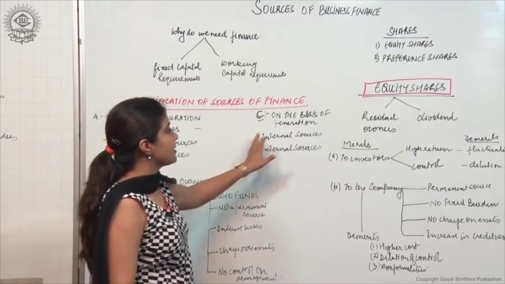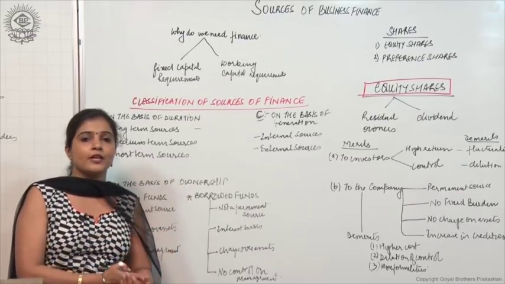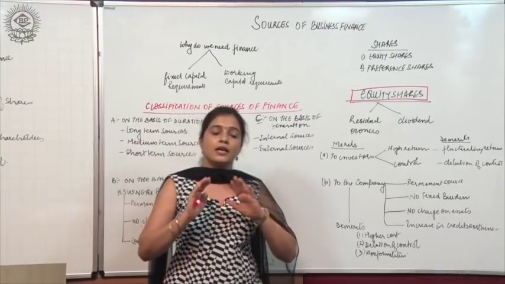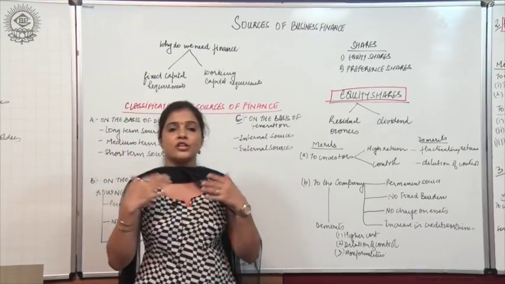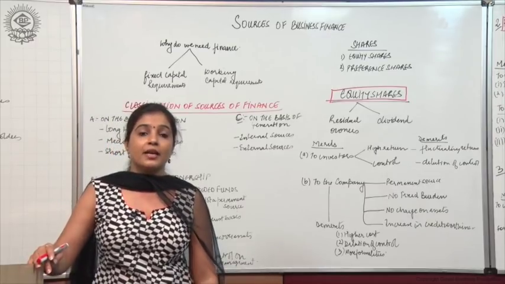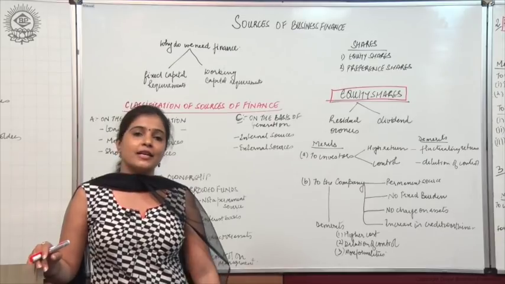Third basis is on the basis of generation. ये दो ही होंगे इसमें, internal sources of finance and external sources of finance. Internal sources meaning something which is generated from within the organization. Fine. For example, retained earnings, ये हम आगे समझाएंगे आपको. Retained earnings is that if I have earned